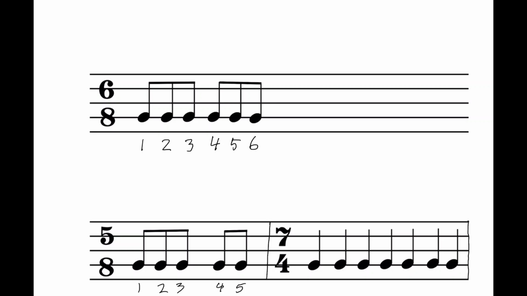The same is true of time signatures with 4 in the bottom. We count quarter notes, but we count as high as the top number. So this example of 7-4 should have 7 quarter notes. 1, 2, 3,